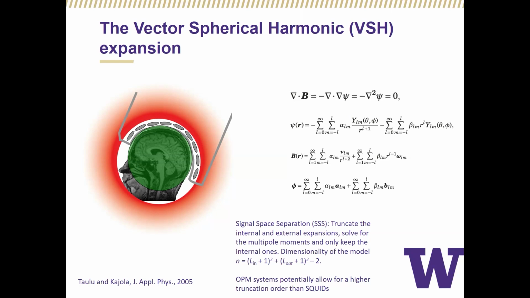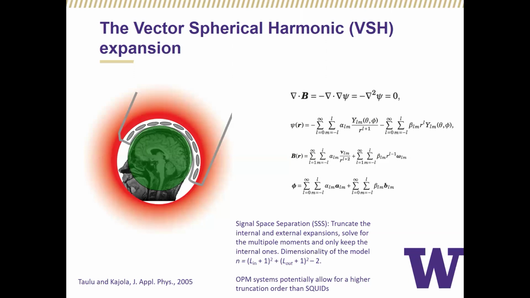It's not restricted to MEG in any way, but it is relevant to this geometry that we have, where we have sensors that are surrounding something that's of interest to us in such a way that they confine this green volume, which is the interesting part of the world, and then we have that red space that extends to infinity. And in between, where we have no sources of magnetic field, that's where the sensors are, the magnetic field can be